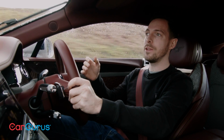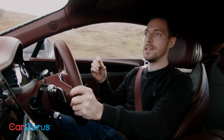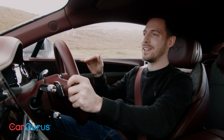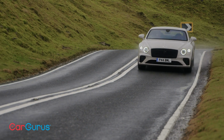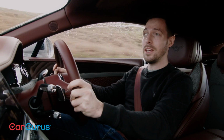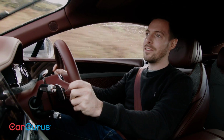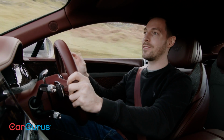There are times where you'll drive over, say, a ridge in the road and the body will rattle just a little bit. You don't get that in the Mercedes. So the Bentley, it doesn't quite glide like the S63 does. It's still very comfortable. And then you've also got exceptionally good wind and road noise suppression. So you'll be driving along the motorway thinking you're doing 70 miles an hour. You'll look down and realize that you're doing quite a lot more. Again, this is a car that isolates you from the process of driving,